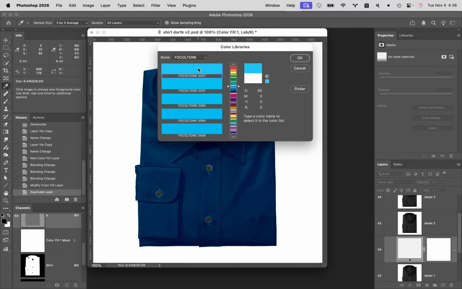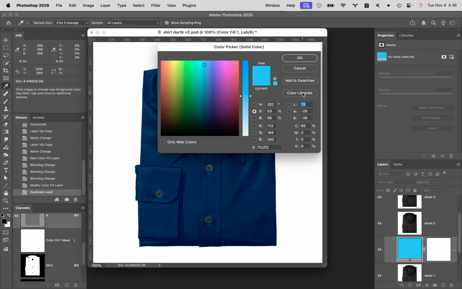So you click on this color to actually do the selection of it, and then I'm going to go back to my color picker, and back in my color picker I get a set of LAB values. These things you need to write down. So I'm going to write down what this says. So in the value for this, again, I'm going to write down what the one was. So it was the color 2227 in the full